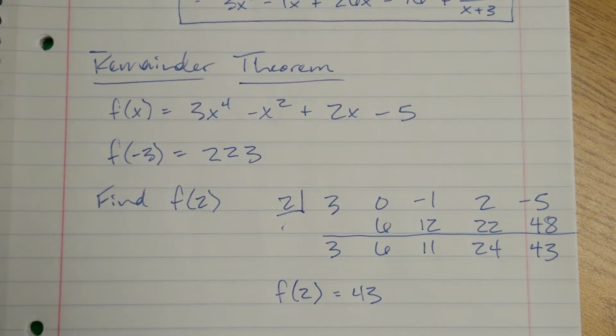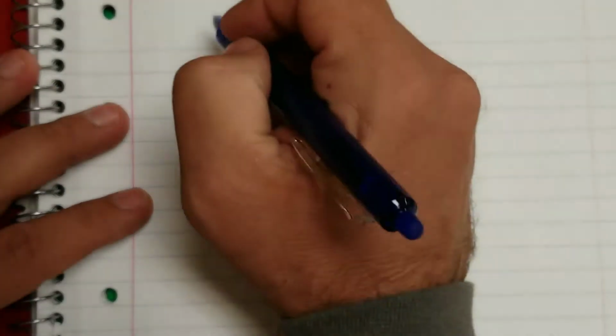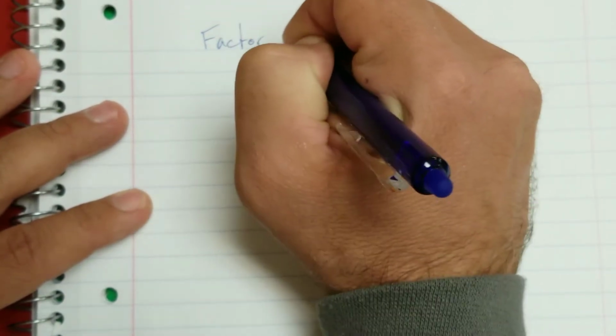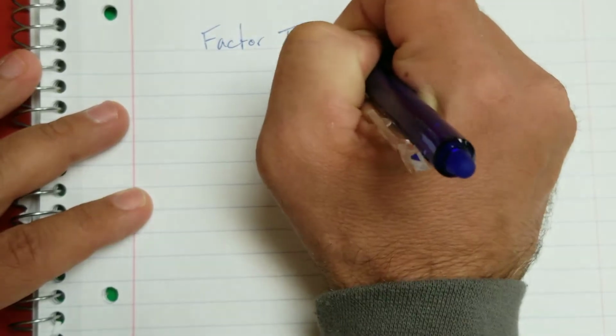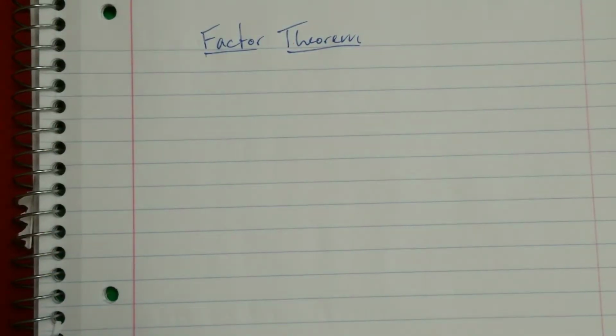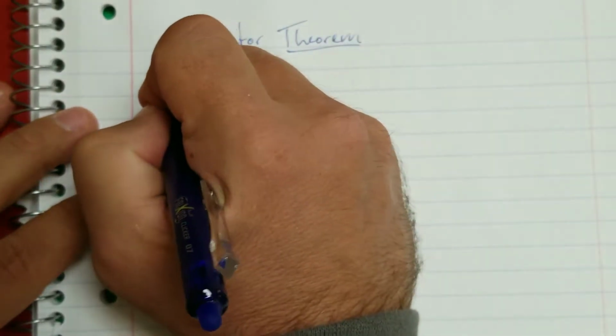So that's the remainder theorem. We'll spend a lot more time on factor theorem. So let's look at that. All right, so factor theorem. The definition says this: